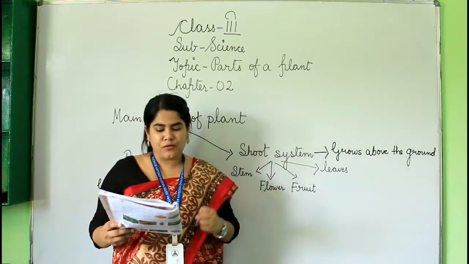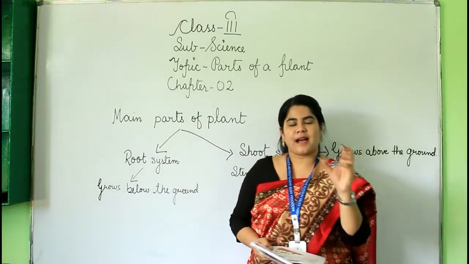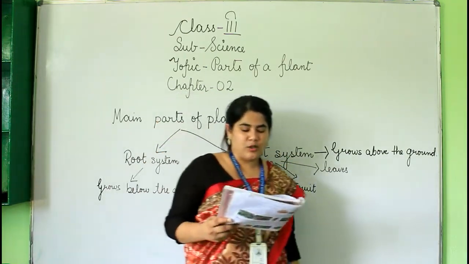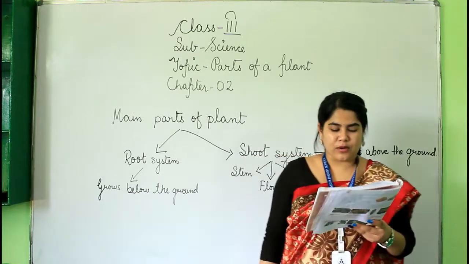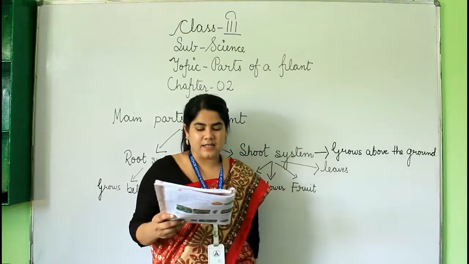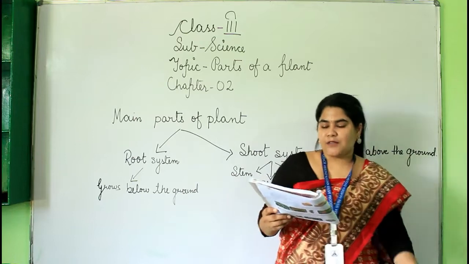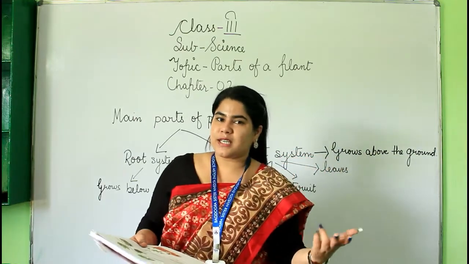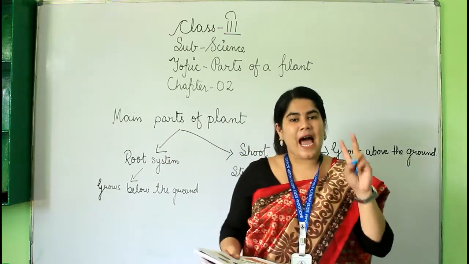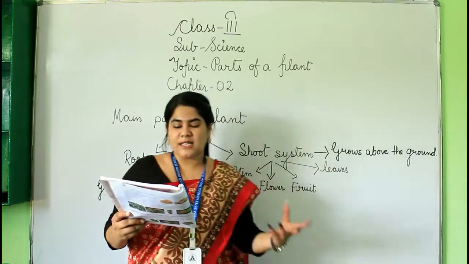Some flowers store food, such as broccoli and cauliflower. Broccoli and cauliflower are the flowers of a plant that we eat as vegetables. Most flowers become fruits that have seeds within them. A fruit may have one seed, few seeds or many seeds. For example, mango has only one seed, apple has few seeds, and watermelon has many seeds.